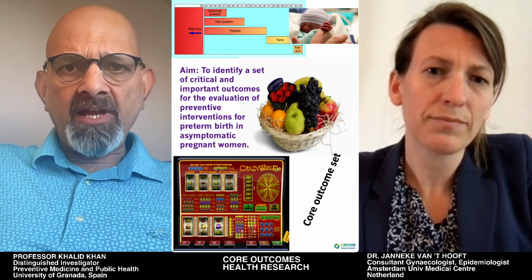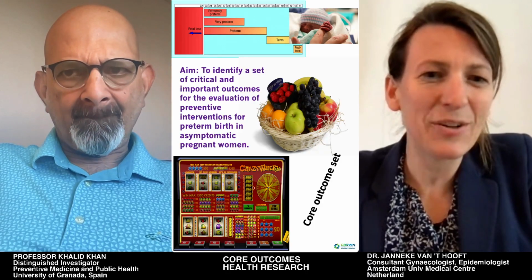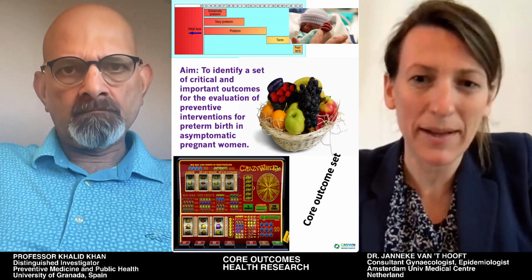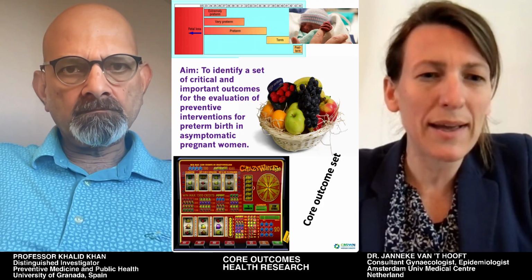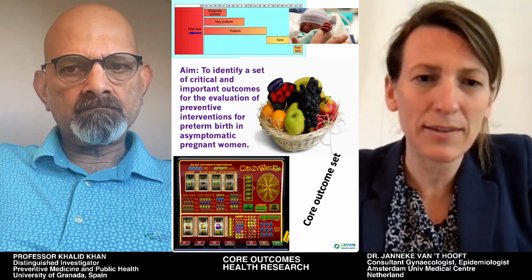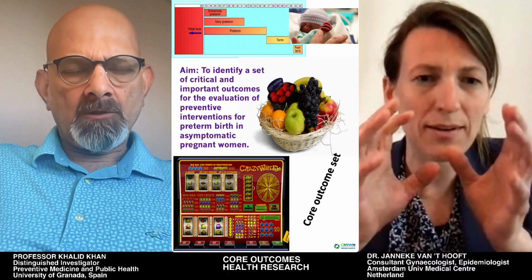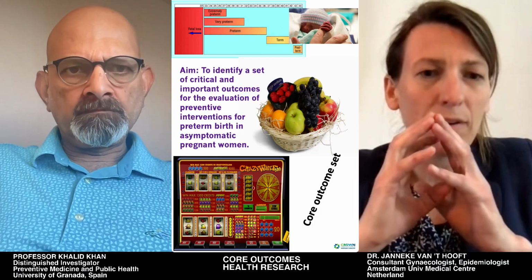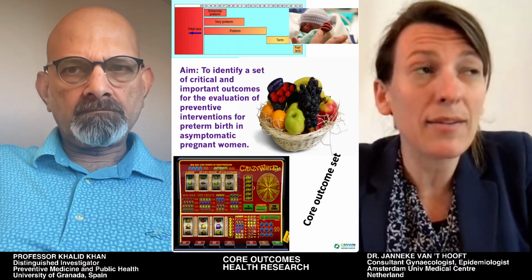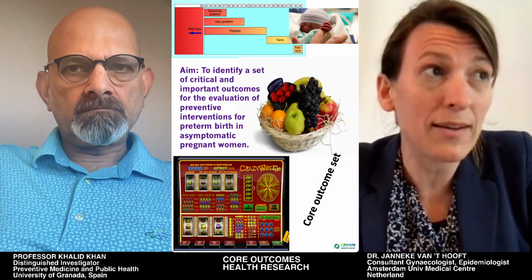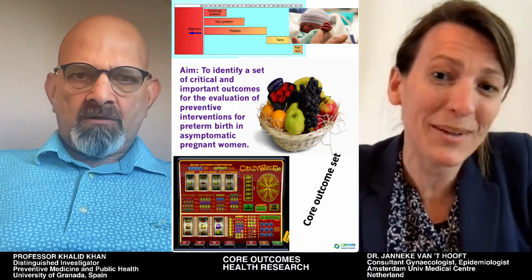So let's now move on directly to the paper you are going to cover today. What was the aim and how did we proceed? So like I said, you don't want to have a comparison of apples and pears in future research. So what you are going to aim for is that with researchers, patients, and important stakeholders, you have this set of outcomes. So this particular set, you say, okay, we will measure these outcomes in all future trials. And in the way we look at this in research, we think we diminish research waste and we win the jackpot by doing that.